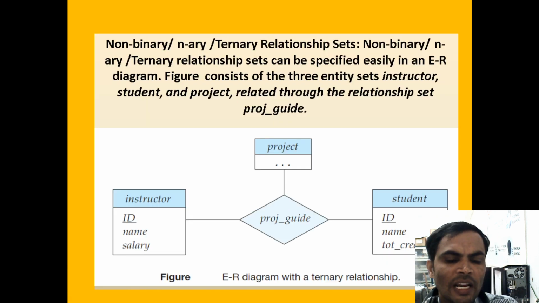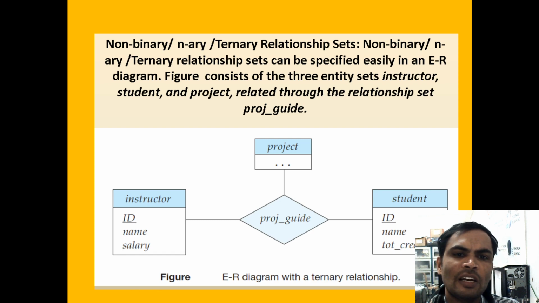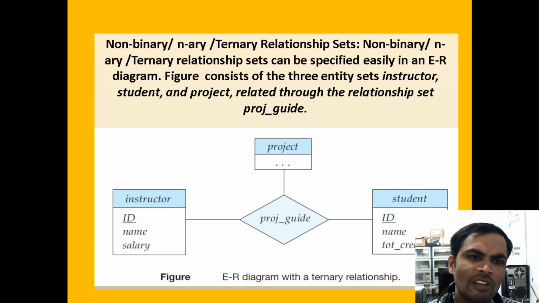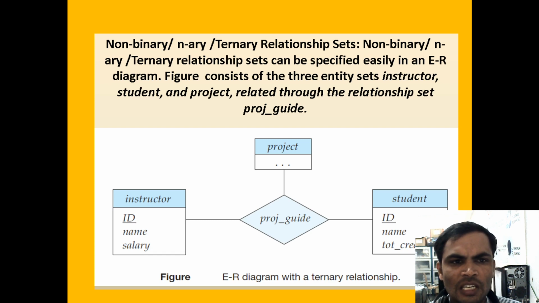Now if you want to take the ER diagrams, maybe it can consist of n types of relationships. Binary will be there, non-binary will be there, n-ary will be there, ternary. Non-binary or n-ary or ternary we should call the same only. Ternary means more than 3 entities we are calling ternary. N-ary means up to n number of relations will be there. If you are not having the entity between the two entities, the relationship is not existing.